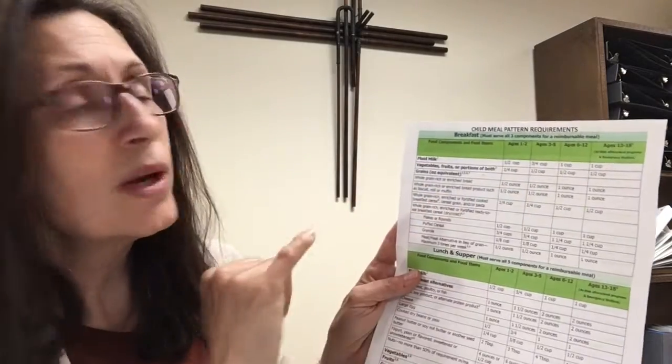Somewhere in your classroom, you should have a copy of the serving requirements. If you don't have one, please check in the office. If you'd like one in color, let the office know and we'll get you one in color. But it's fairly simple to read. For instance, here is breakfast, and it talks about how much each group, toddlers, preschool, school age, what is their